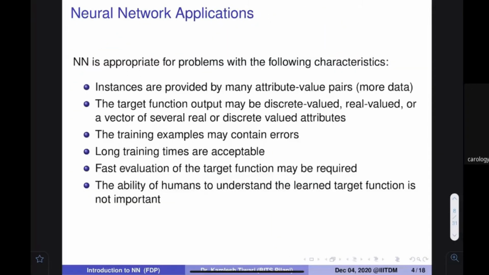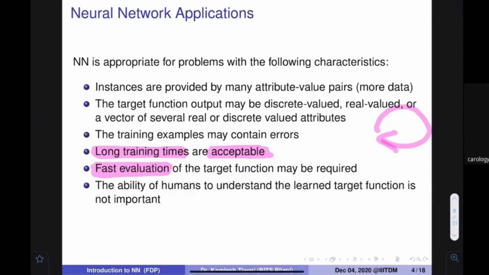Excellent. So neural networks have a lot of applications, and one very important thing is that long training time is acceptable. You should apply the neural network when long training time is possible, because they take a lot of time, because I told you that you have to repeat the thing an infinite number of times to find the real parameters. But when you find the parameters, evaluating whether the point is there or not is very fast. Fast evaluation is there. It means that when the parameters are given to you, you can easily find out what should be there.